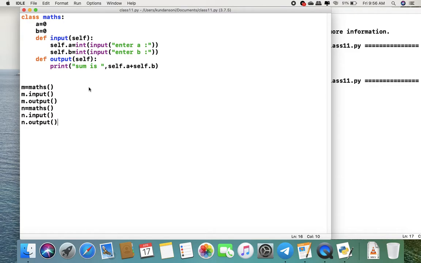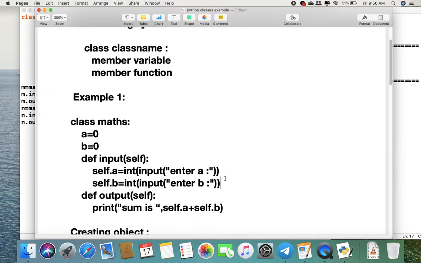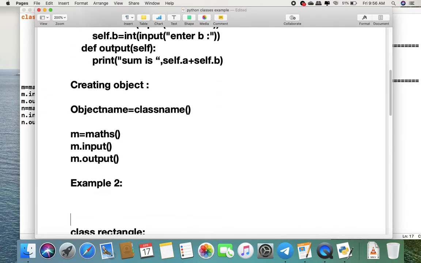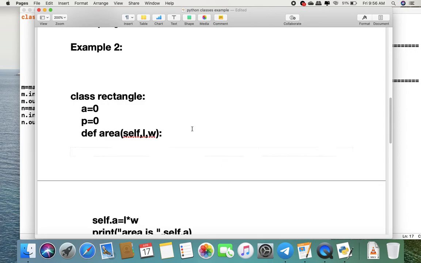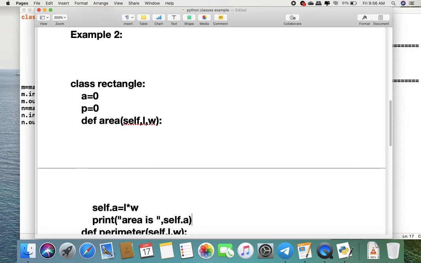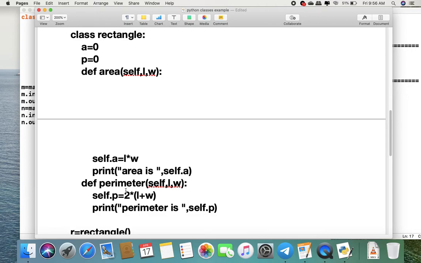Here we do another example of a class, where we will create a class Rectangle, which is used to find the area and perimeter of a rectangle. So let's create the class.